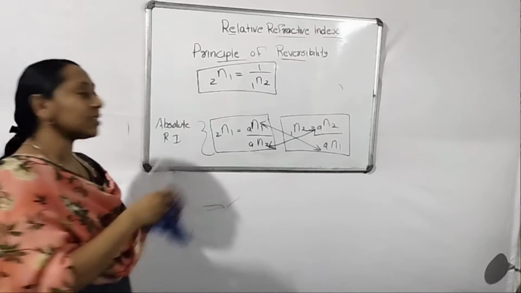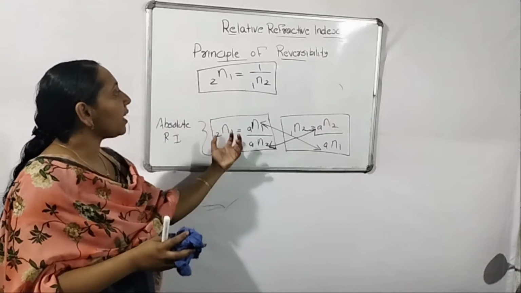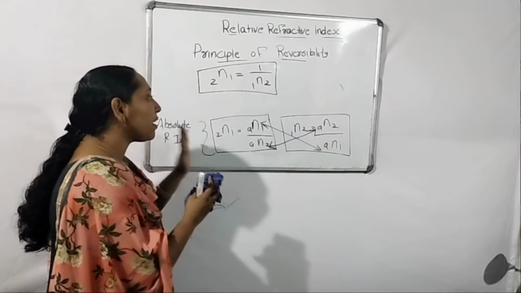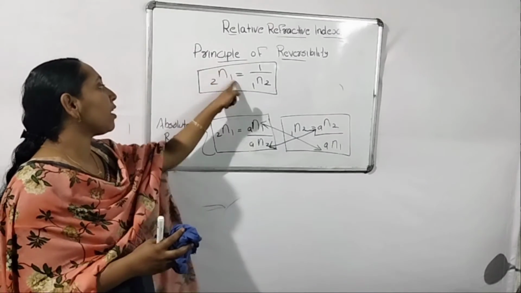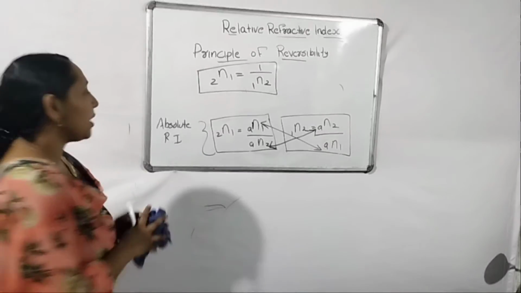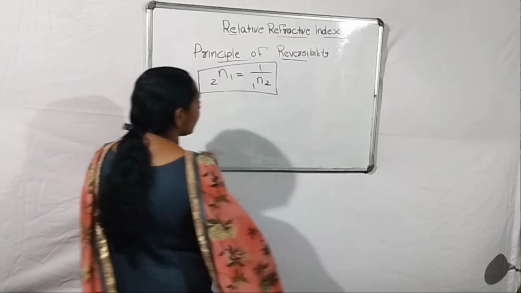The second one is just the opposite of the first one. So the meaning is that one is reversible to the other one. This is the expression we should state like that, N12 equals 1 by N21. Actually, what is the idea behind it? The idea behind it, I have just expressed like a diagram.